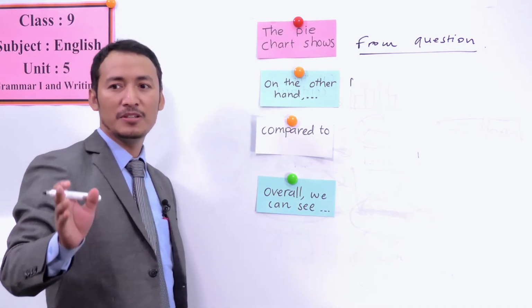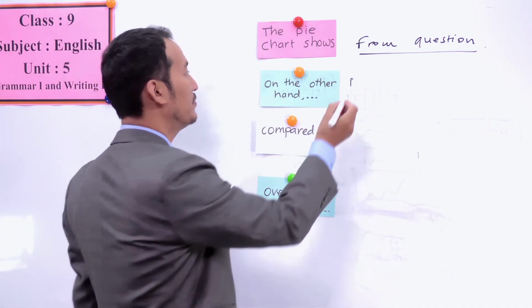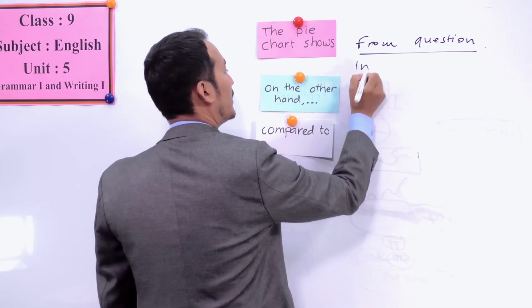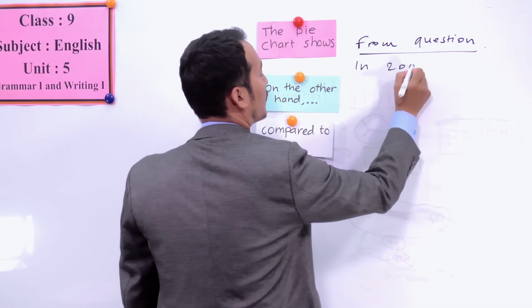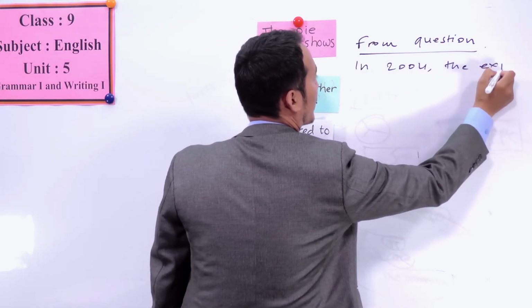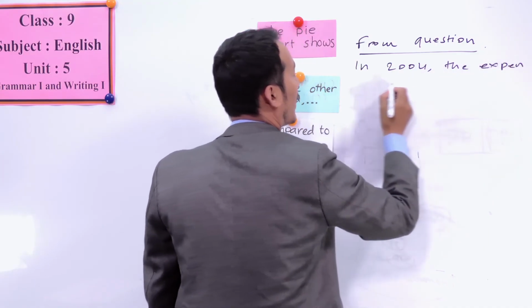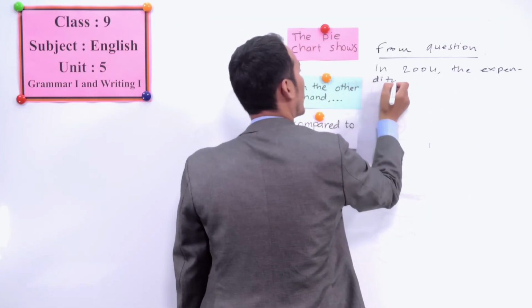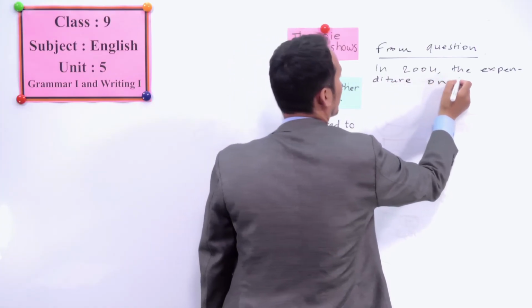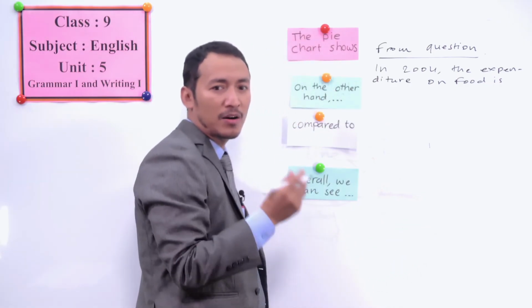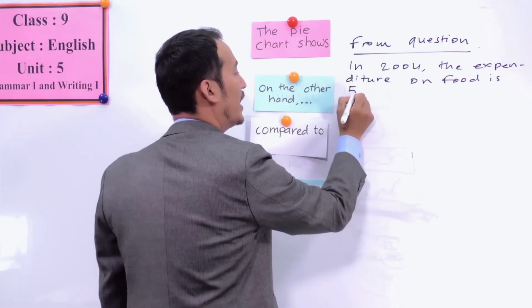You can talk about 2004. In 2004 the expenditure on food is, you can say how much percent, 59%,